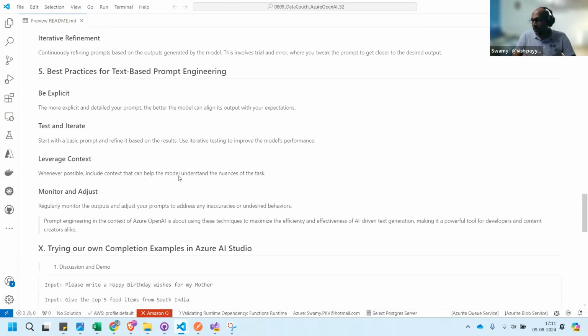So we have to be very specific. Sometimes what happens is, with the same prompt, those models are not available right now. If they were, I would have shown it, because last year those models were available. Text DaVinci 3 is not available right now, as we saw last time also. But I particularly remember one example between text DaVinci and text Ada. The same prompt gave different results. It does not mean that one of the models is wrong. Maybe it was trained like that, or it was trained with a little less content. So we are not sure what it is.